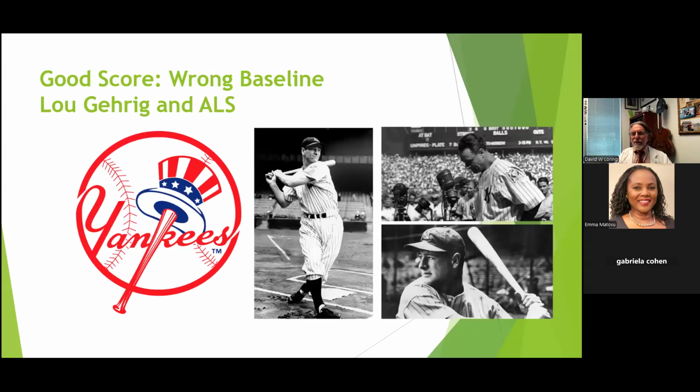So here's probably my favorite slide. It's an illustration of the baseline problem. Again, as you've all suggested, I like baseball a lot. My dad is from the Bronx, so I grew up to be a Yankees fan as well. Lou Gehrig, over his early career, his batting average from 1925 to 1937 was roughly .340.